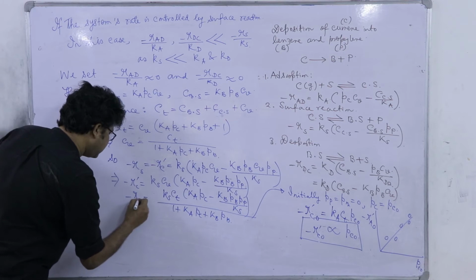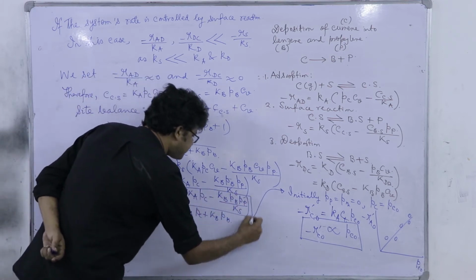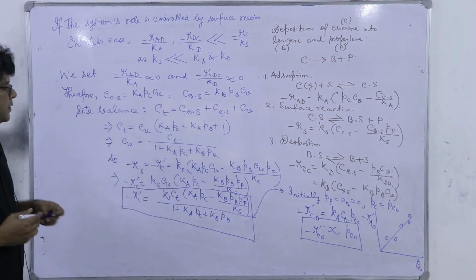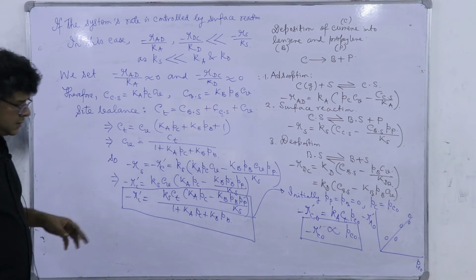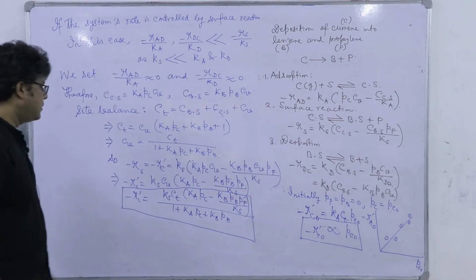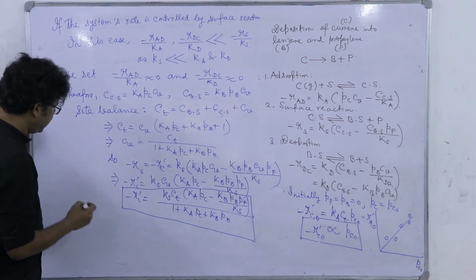So, this is minus of Rc prime and that will be the reaction rate. See, there is a distinct change here from the previous rate expression. Now, if we think of initial rate,